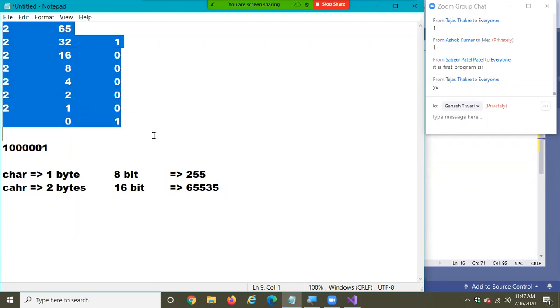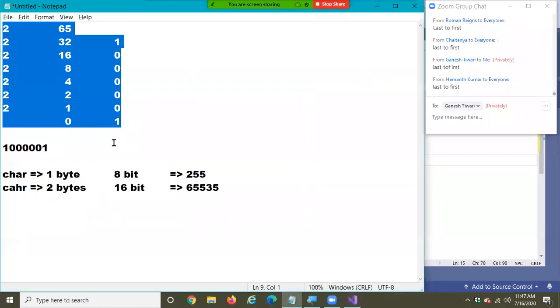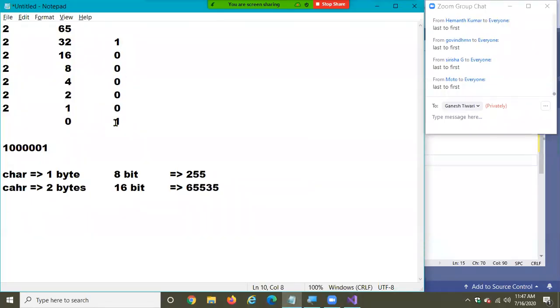This is all for our manual calculation, but this is done through my programming code I implemented now. Okay. Now tell me, should I print the output from first to last or last to first? Binary is always reversed. Your count is from here: 1 0 0 0 0 0 1. That is the way you should count. Last to first.